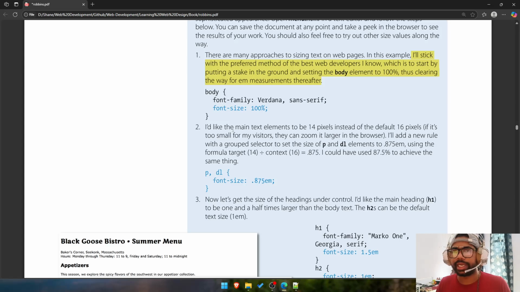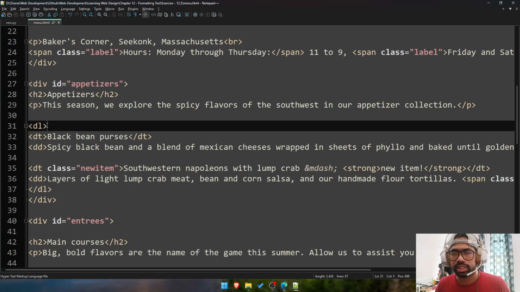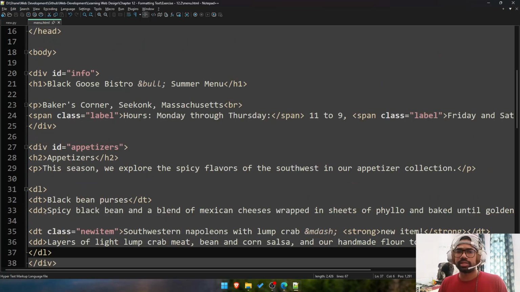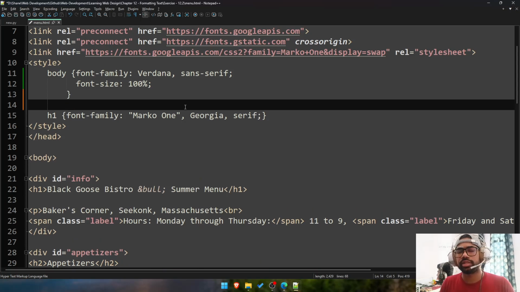I'd like the main text elements to be 14 pixels instead of the default 16 pixels. If it's too small for my visitors, they can zoom in larger. I'll add a new rule with a grouped selector to select the p and dl, the dictionary list, with dt and dd. Then let's put p comma dl